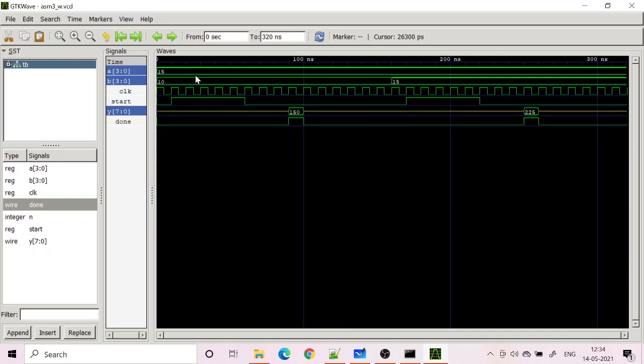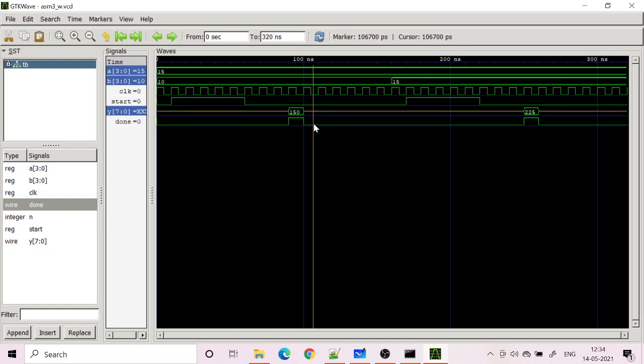Here I am giving two inputs, 15 and 10, and my start becomes 1 after 1 clock cycle. So my operation begins, the add-shift algorithm begins from this point. If you count 8 clock cycles, this is 1, 2, 3, 4, 5, 6, 7, 8. After 8 clock cycles, my result is now available.